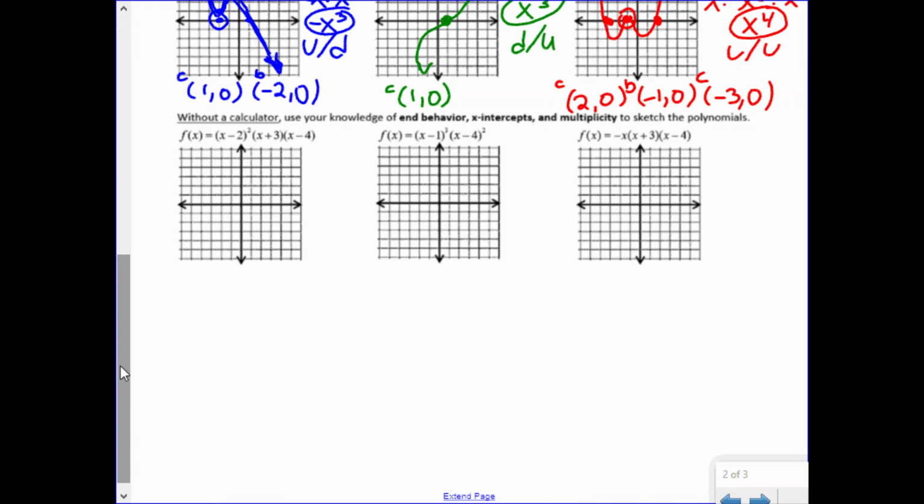Just again to clarify for anybody who is confused, to determine if a point is crossing or bouncing, you look at the factors. Anything that's being squared is bouncing. Anything that's not squared is crossing. That really boils it down to the most basic way that I can explain it. If the factor is squared, that point is bouncing. If it's not squared, it's crossing. Okay. So this one should look like